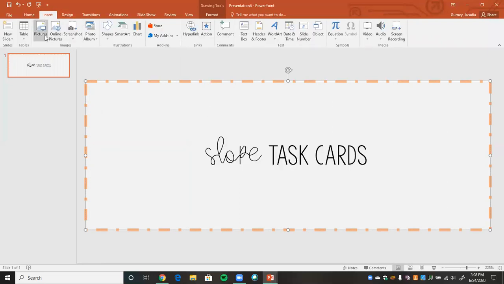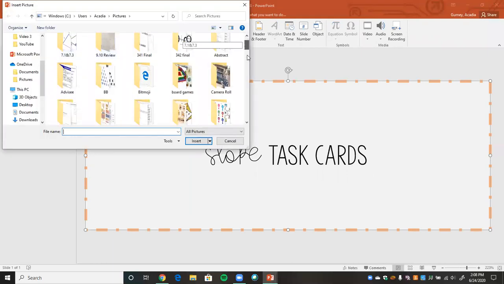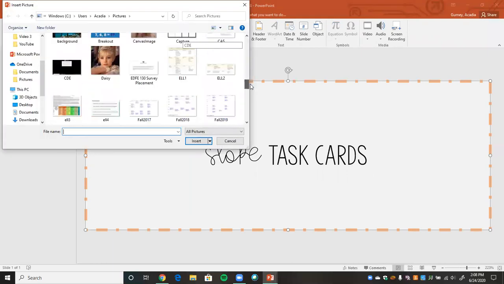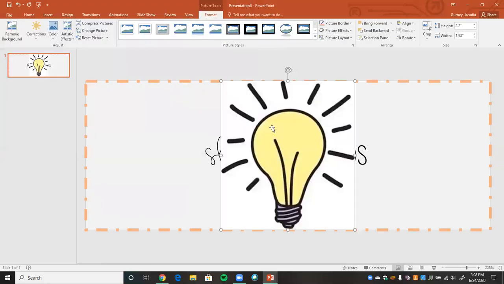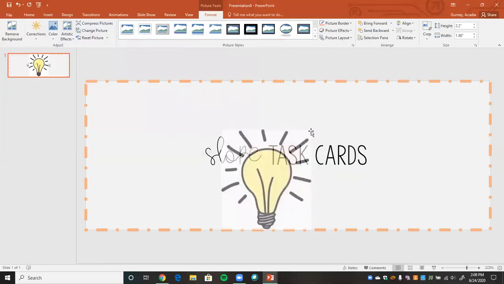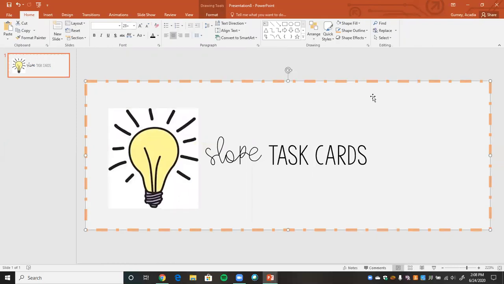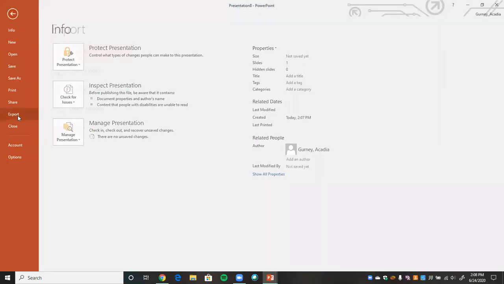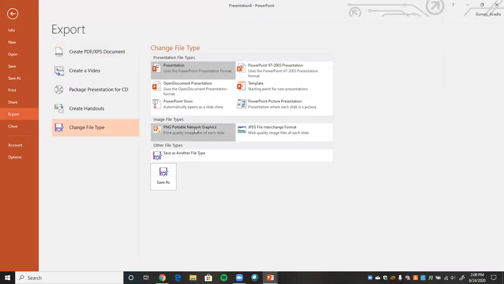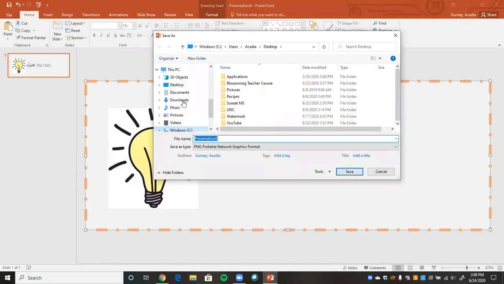And I'm gonna just insert a little picture. I really like this light bulb that I found off of Google. I think it's a fun little clip art. So we can do something along those lines. Okay. Then we can file, export, change file type, PNG, and then I'm gonna just save it as,